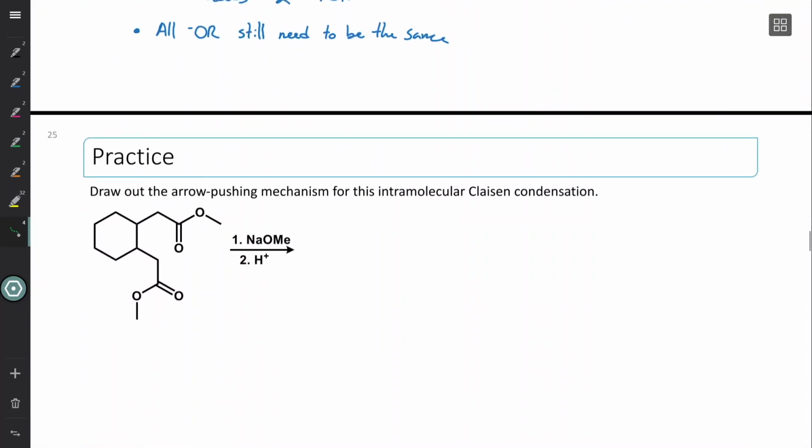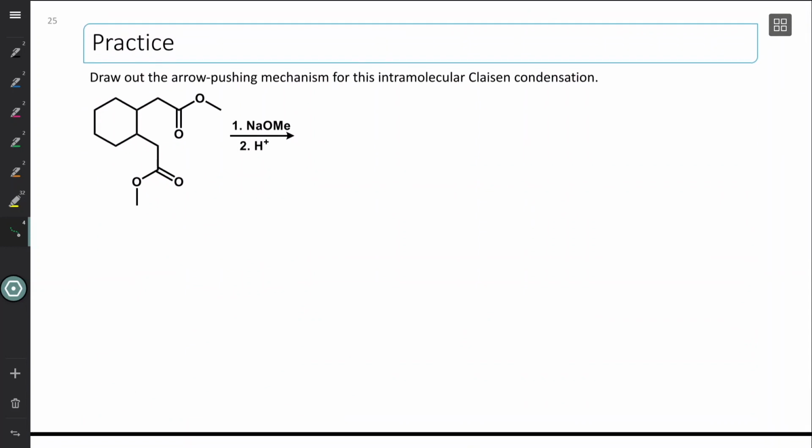All right, this is a good one because it's an intramolecular, but also some mechanism to do. You'll notice that the molecule is symmetrical. So that's easy. I can choose either one of these to be my enolate, right? Both of these could become the enolate. I'm gonna go ahead and pick one. Let's see, our base is methoxy. I'm gonna take this one. So then